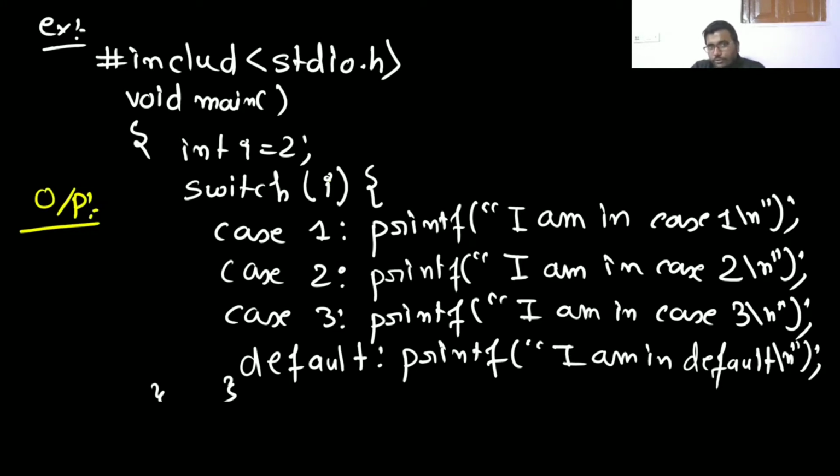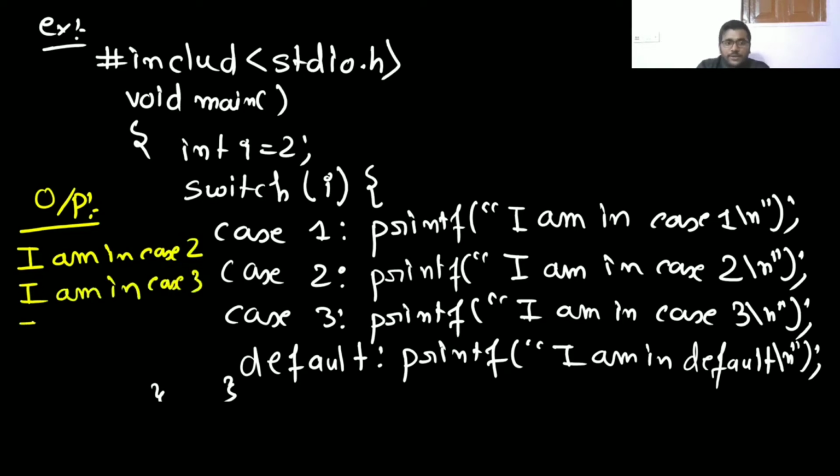केस टू, ये कंडीशन सेटिस्फाई हुआ, ये वैल्यू टू है, ये एग्जीक्यूट हुआ, ये प्रिंट हुआ, आई एम इन केस टू। उसके बाद फिर उसके नेक्स्ट लाइन वाला प्रिंट हो जाएगा, आई एम इन केस थ्री। इस तरह के क्वेश्चंस गेट में आपसे पूछे हैं। फिर न्यू लाइन, आई एम इन केस थ्री, फिर क्या हो जाएगा, आई एम इन डिफॉल्ट, फिर डिफॉल्ट भी प्रिंट हो जाएगा।